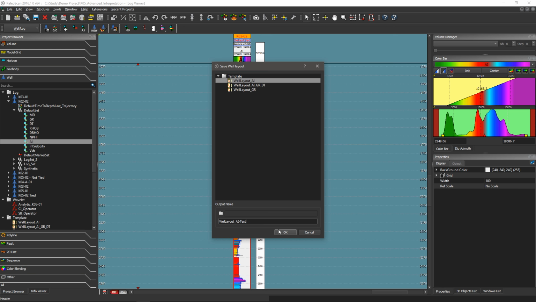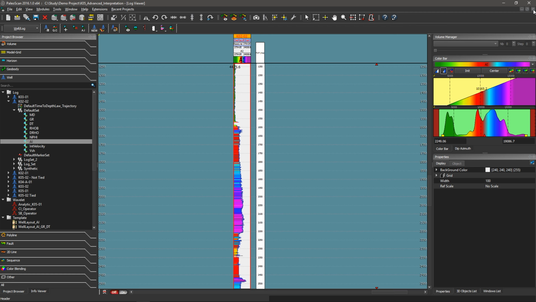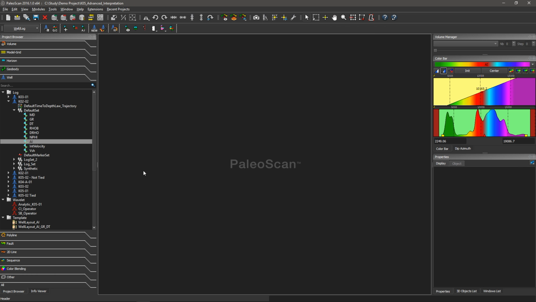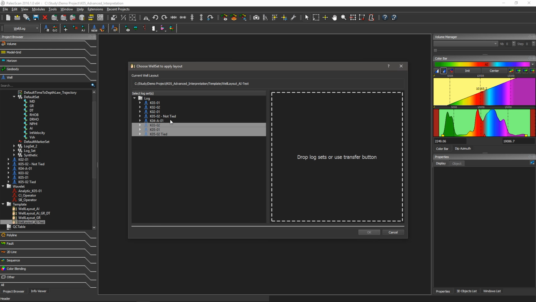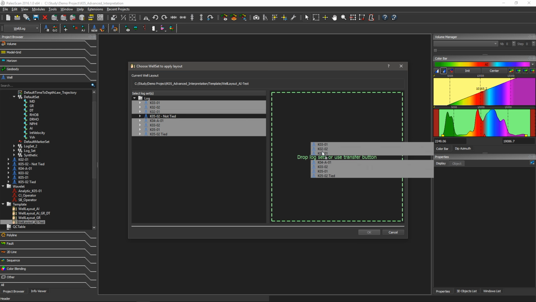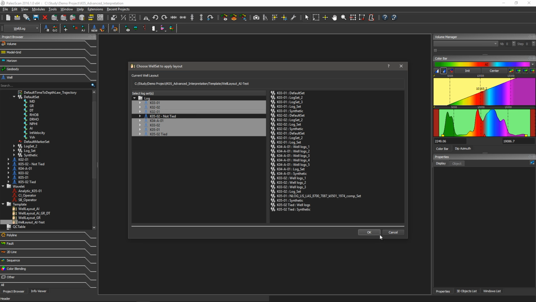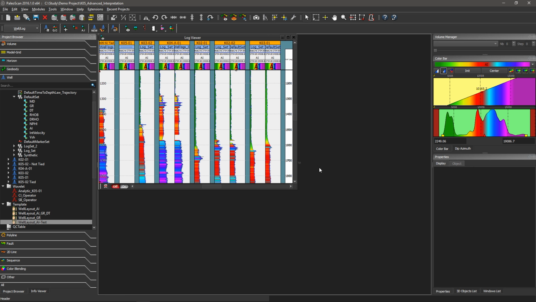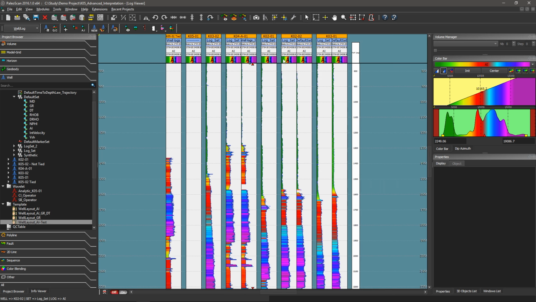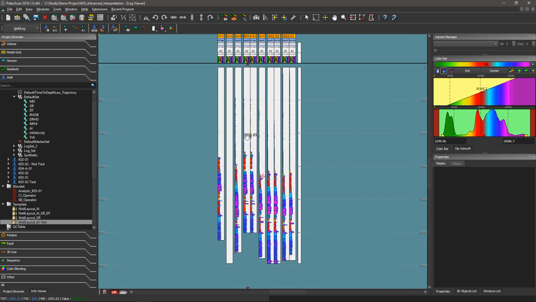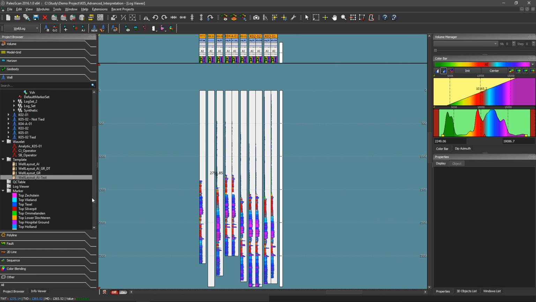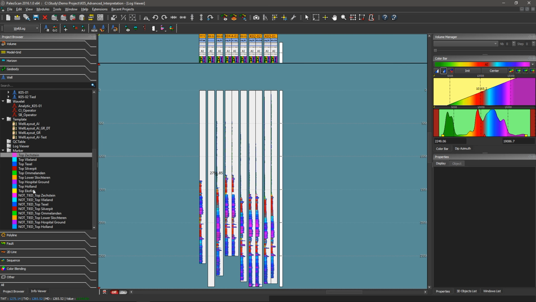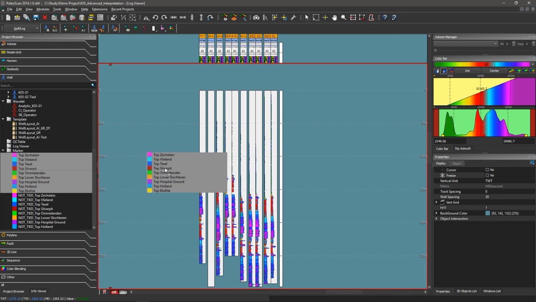Once the template is saved within the database, you can reopen it, apply this customization to the series of wells of interest, and automatically PaloScan displays a new log viewer which contains all the acoustic impedance logs of all the selected wells.